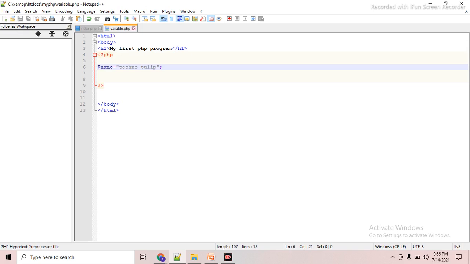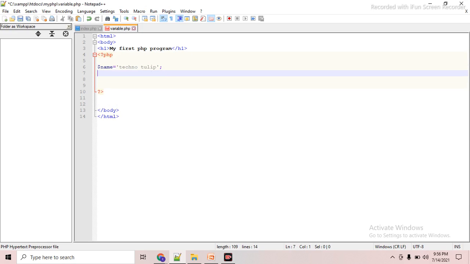You can give a string value with double quotes, or it can also be in single quotes. So like this you can write variable values in the string case. Now we have to print it. How can we do so? By echo.